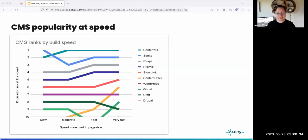Another thing that we pride ourselves on here at Netlify is our ability to work with whatever CMS that you bring. Organizations have a lot of factors that come into play when they pick a CMS. So we never want our compatibility to be a blocker. And compatibility is one of the hallmarks of the composable architecture that we love. So we partner with every CMS vendor that you can think of to make sure our customers get a great experience. Given all of that, it occurred to us to ask, does the CMS that you use affect the speed